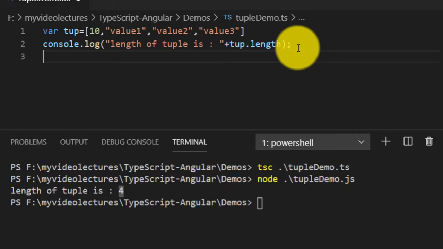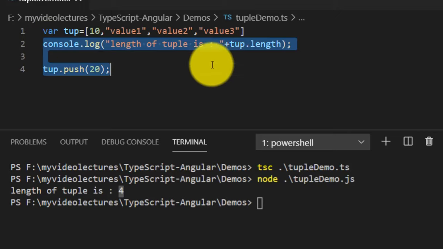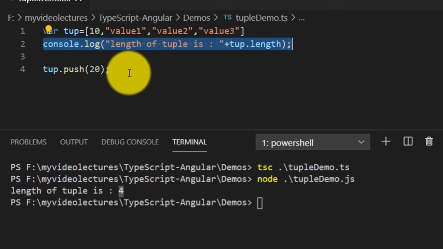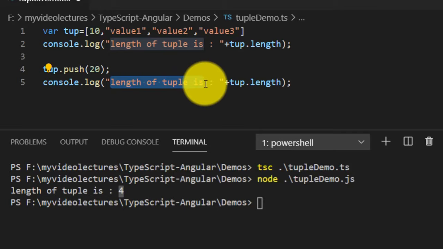Now suppose I add here tuple.push with the value 20. Save this. Again I print after push, length of tuple is.